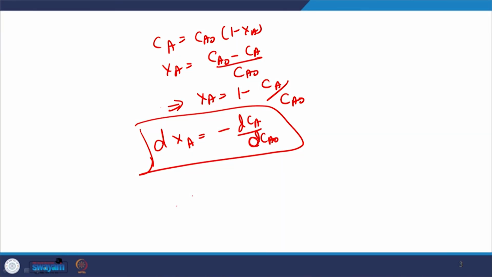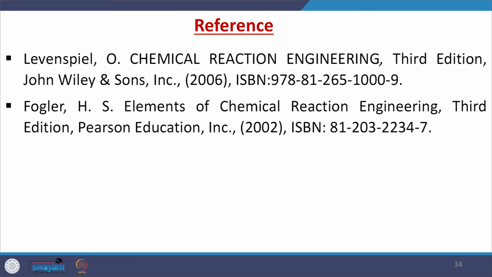So, in this particular lecture, we discussed the various factors associated with the interpretation of different kinds of batch reactor data, apart from other factors which are embedded in the design of the reactor concept. Now, in this way, I am summing up this particular lecture, and we will continue with the rate of reaction and other parameters associated with batch reactor design in the subsequent lecture.